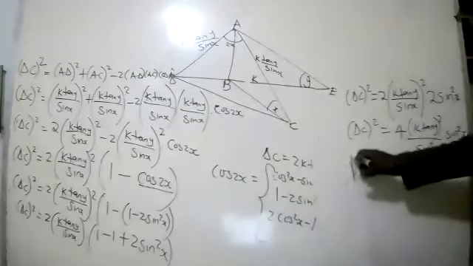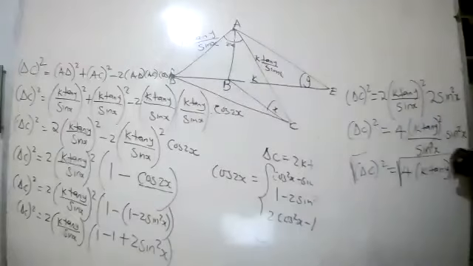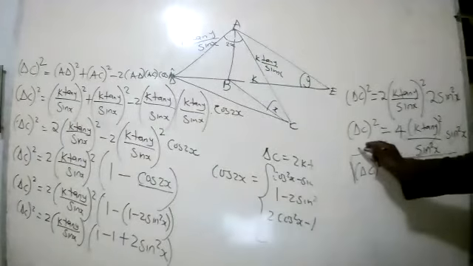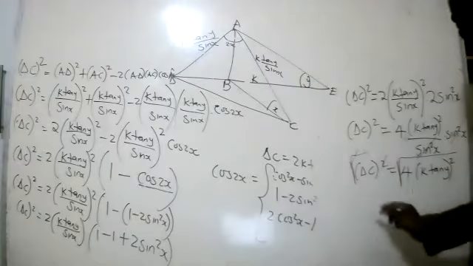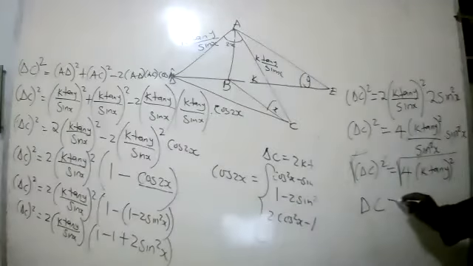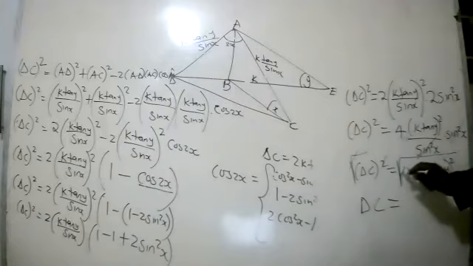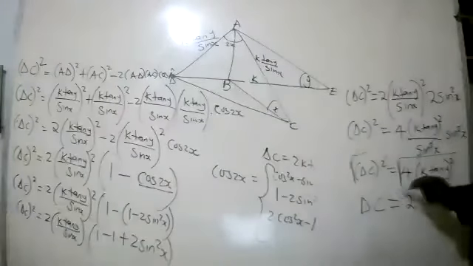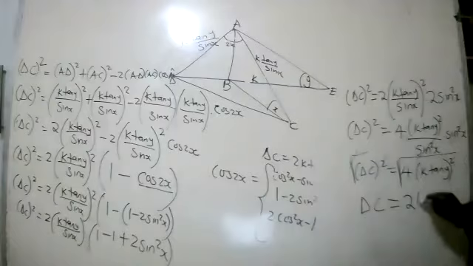So after having that, we can then introduce the root both sides. What's the reason for introducing the root? That is for making sure that the root and the square cancel each other. And we now have DC, which is the side of the problem. And then root of 4 gives us an answer of 2. And then the root will cancel with the square, and then you will be left with